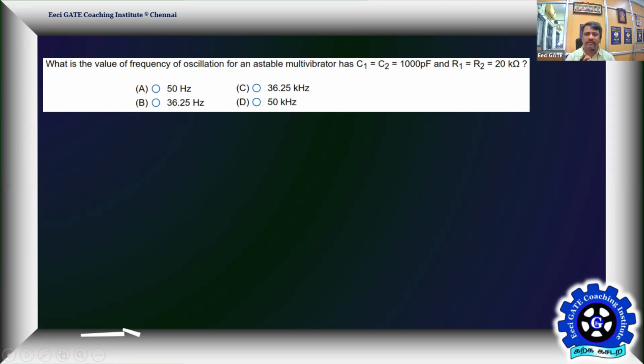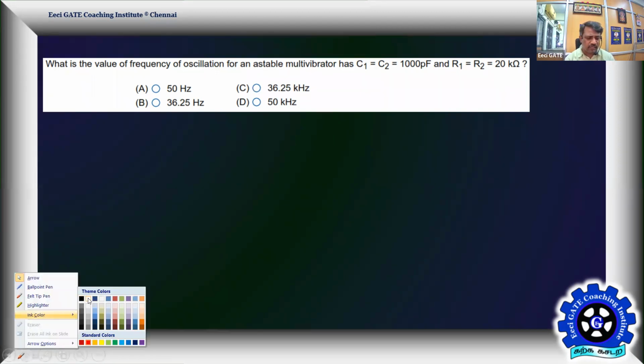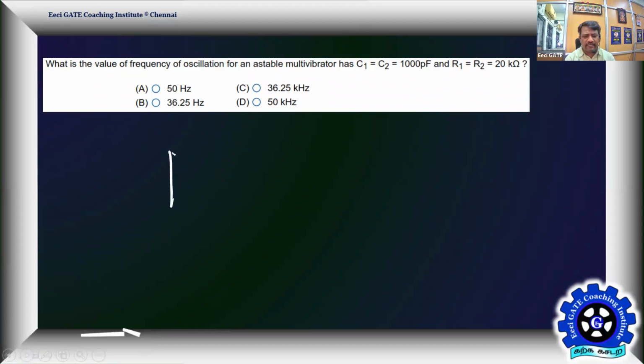So A-stable multivibrator means the one which is going to produce a square wave, that is going to have an on time and an off time. That means the expected thing is the one which is called A-stable multivibrator. It's a free running oscillator, no input given, so it is going to produce the output on its own. So none of the states are stable. So we call it A-stable MB shortly.